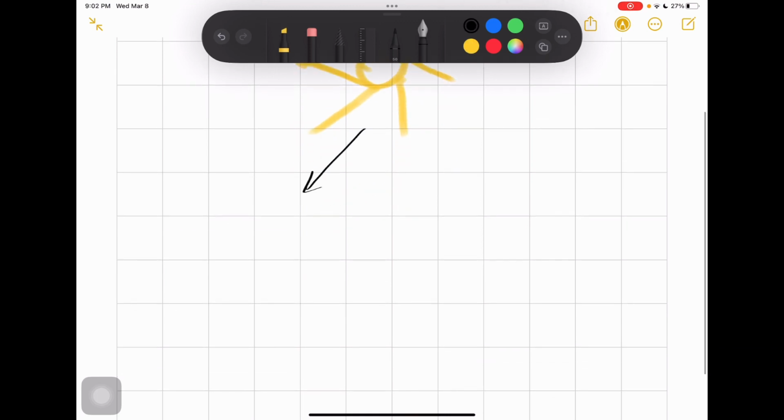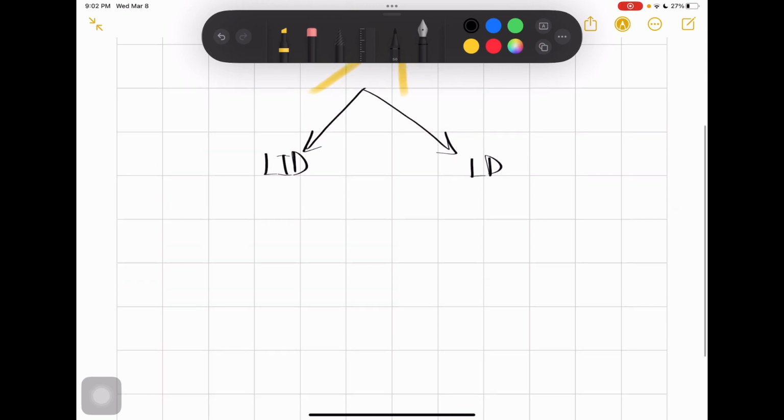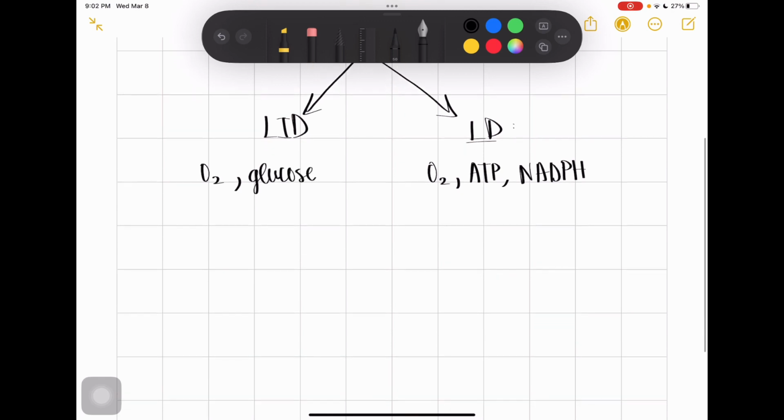We have our light dependent and light independent reactions. Let's start with the products of light dependent. We have O2, we have ATP, and we have NADPH. In light independent, we have O2 and we have glucose. So we're going to start off with